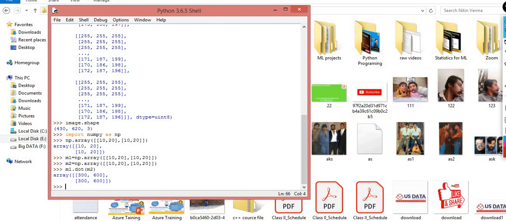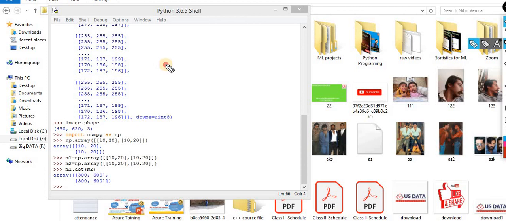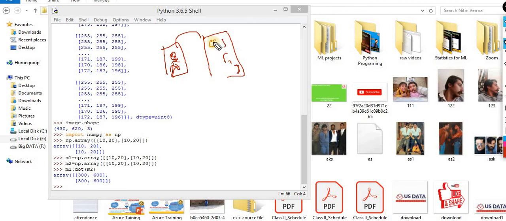Understand my point. Earlier we read a file, we read this image. Let's suppose this one is the image. You read the image into the array. Now it is converted into the array, a 3D array, because this is a three-dimensional image. Now if you want to display this 3D array in exactly this format, let's suppose I got the data in this format. Now you want to display the actual information, what exactly the pixel values are. I understand mathematically, now I want to check what exactly the R value is, what exactly the G value is, what exactly that pixel is.